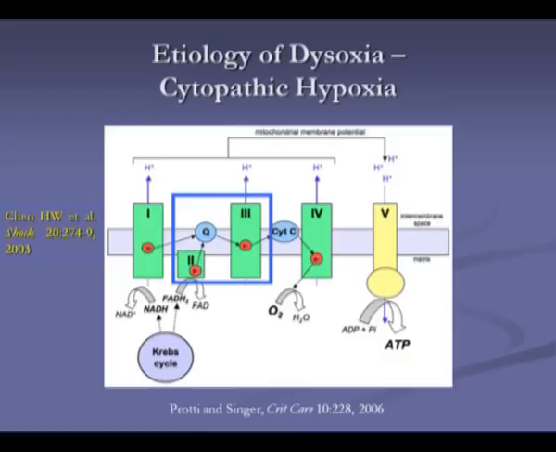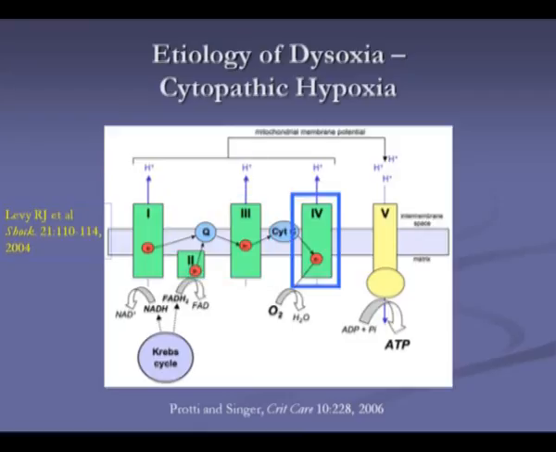Well, Mervyn Singer's group in London has clearly demonstrated abnormalities both in humans and in animal models in complex 1. Complex 2 and 3 tend to be linked to each other, and they're difficult to separate experimentally, but a group in Texas has demonstrated abnormalities in this linkage. Our own work, Rick Levy's work primarily, working in my lab and then on his own, has shown abnormalities in complex 4, cytochrome C oxidase, which I'll talk about more extensively in a moment. And the net effect is a failure to generate ATP, abnormalities of oxygen utilization.